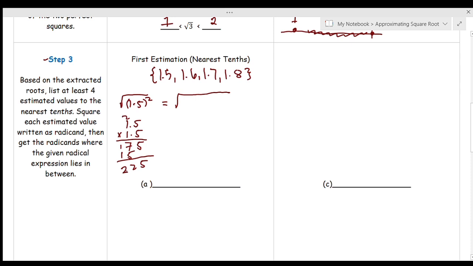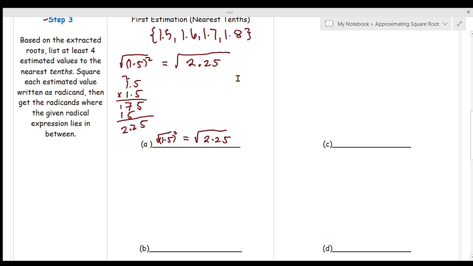Then 2. So since meron tayong decimal dyan, I'm going to put the decimal point here. So meaning to say, the result is 2.25. So the square root of 1.5 raised to 2 is equal to 2.25. So we are done with our first estimation. Next